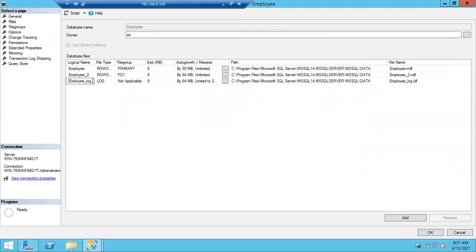While doing the transactions, either inserts, updates, deletes, it is now showing 8 MB. If you keep on inserting, deleting and updating the data, the log file size will grow to 1 GB, 10 GB, 100 GB, sometimes 1 TB, 1.5 TB also.